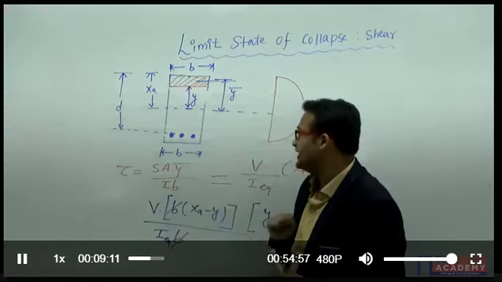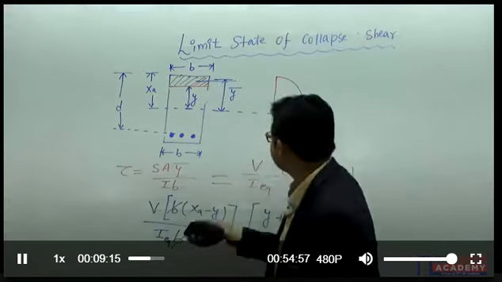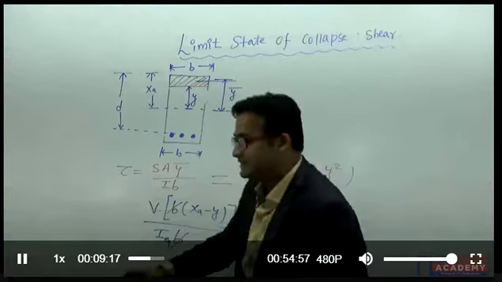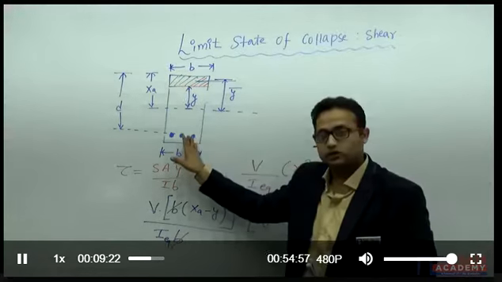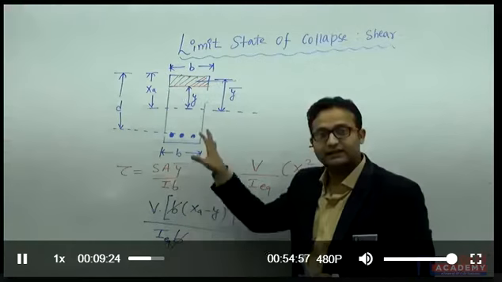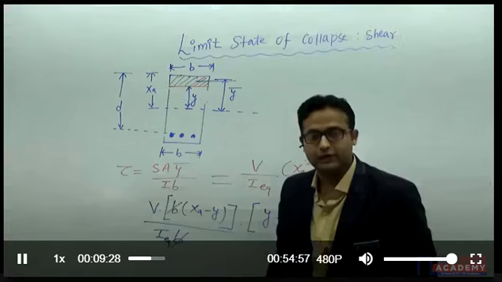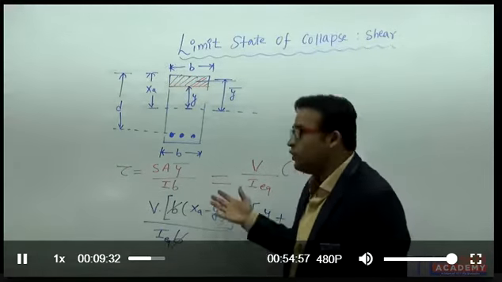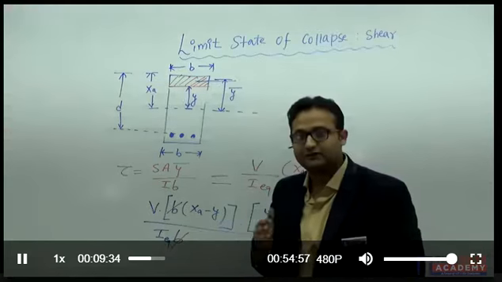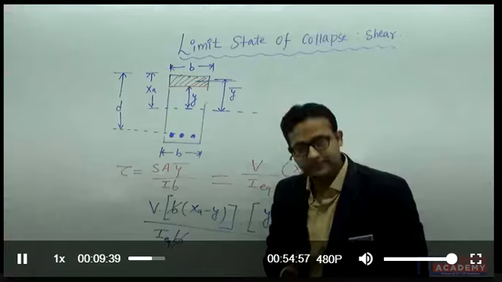So what I am going to do here, this time in the second case I have taken reinforcement in my beam. So I cannot directly say the distribution in my beam at the cross section will be parabolic. It may be something different. So let me find what should be the distribution of stresses across the depth of the RCC beam.